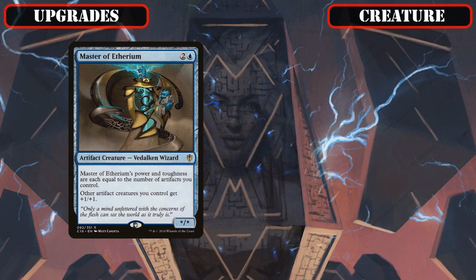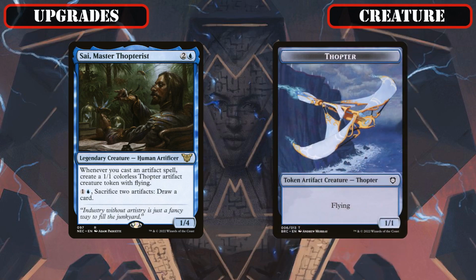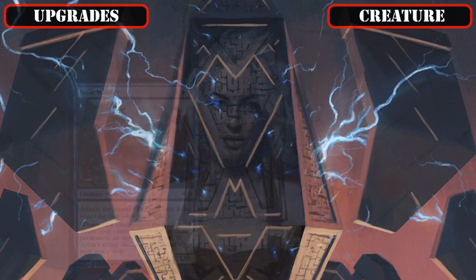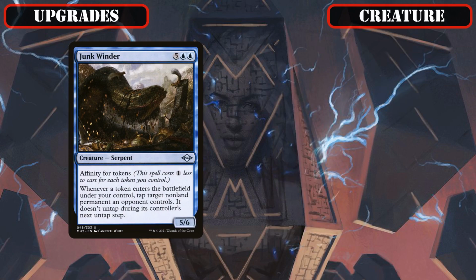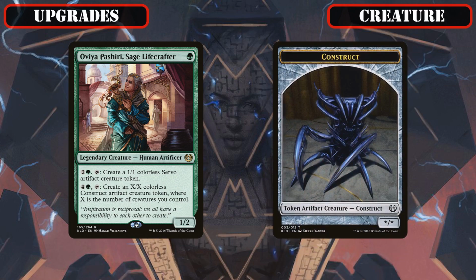payoff Lord Magnus of Ethereum with the arguably better fitting Psychic Master Thopterist, who provides us with additional passive Thopter token production as well as the means to turn our excess tokens into card advantage to dig for more token generators, payoffs, or finishers, and cutting the pseudo-stunning token payoff Junkwinder, which has admittedly a strong argument to be kept in the build thanks to locking down non-land permanents so long as we keep creating tokens, in favor of Avia Pashari, Sage Lifecrafter, who gives us access to Construct tokens that scale with our board state to pile on the damage alongside the tokens Gimbal creates, as well as serving as an additional source of Servos for some added